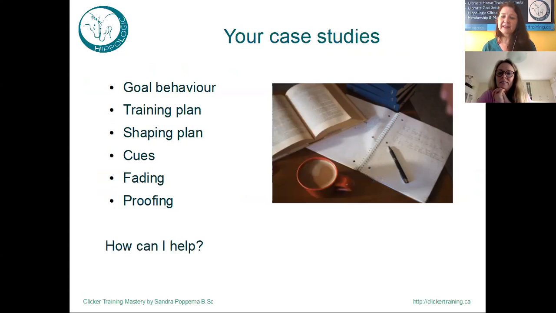Yeah, excellent. And then you can fade out the cues and the mats. How I do it, I usually don't put that in my shaping plan. I have a more general idea, but I fade it out by looking at the moment. Oh, I have like 4 mats